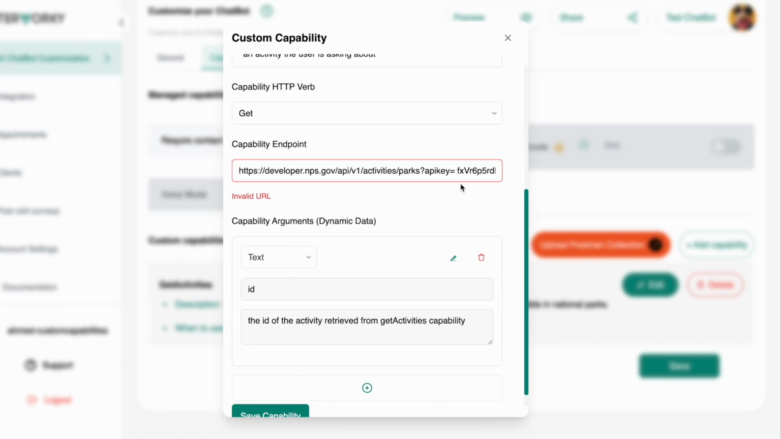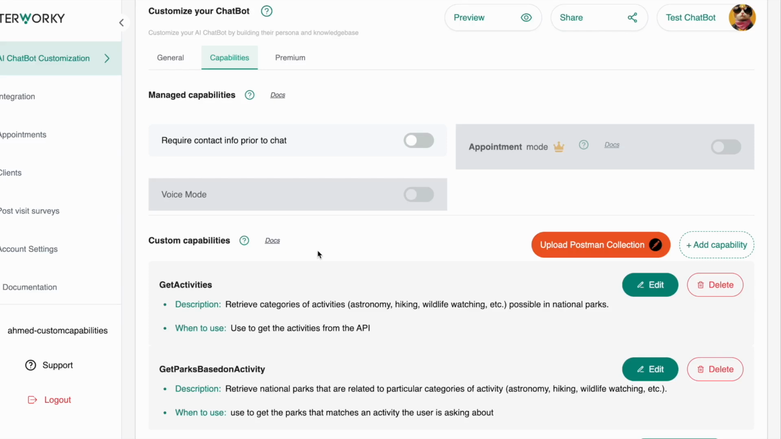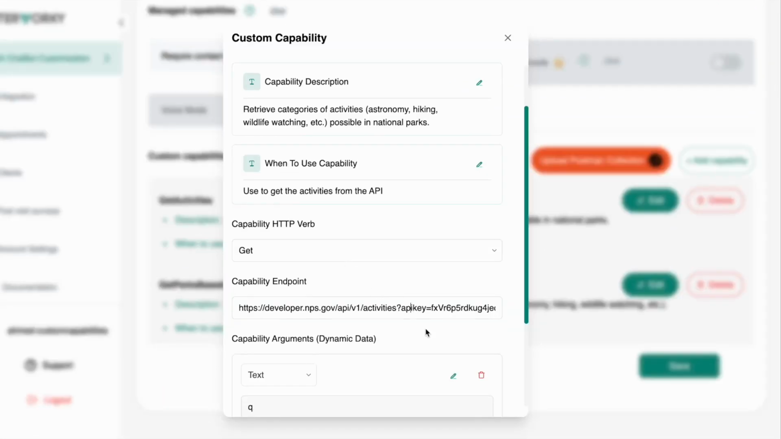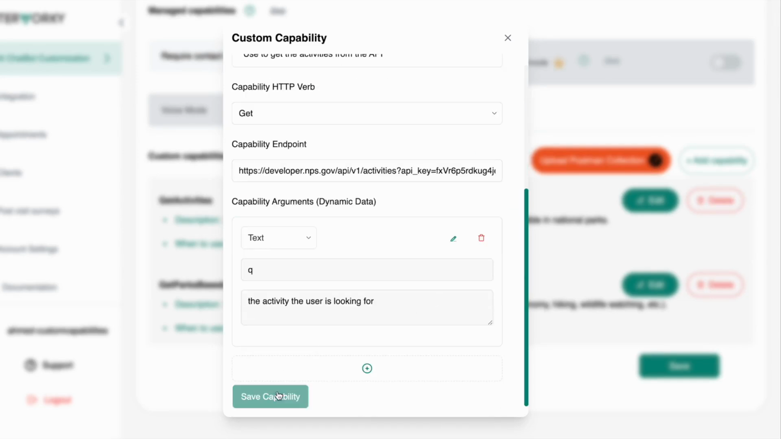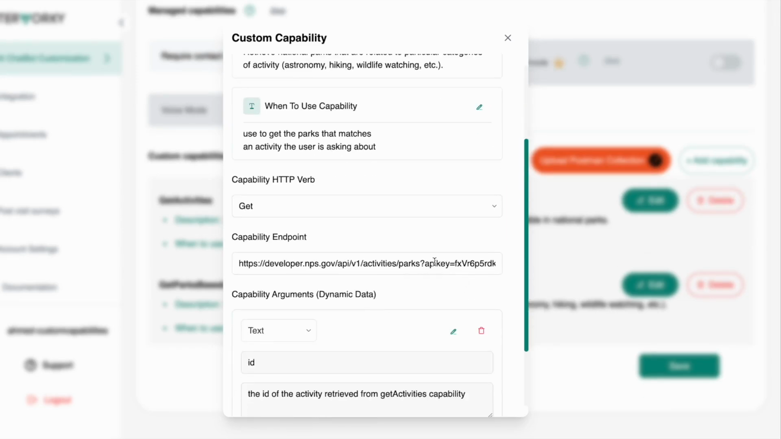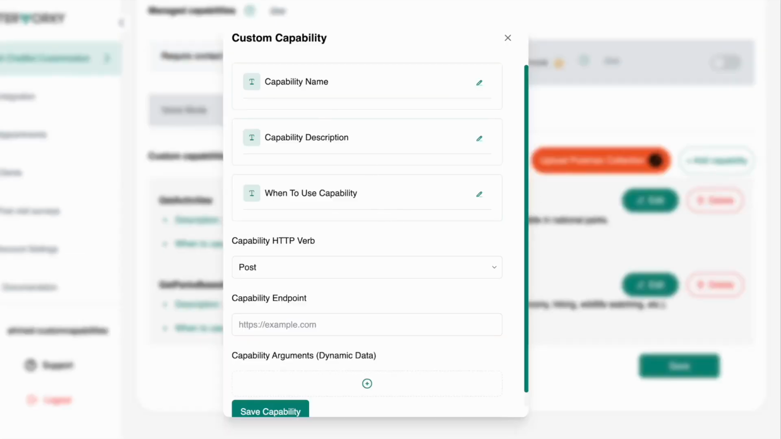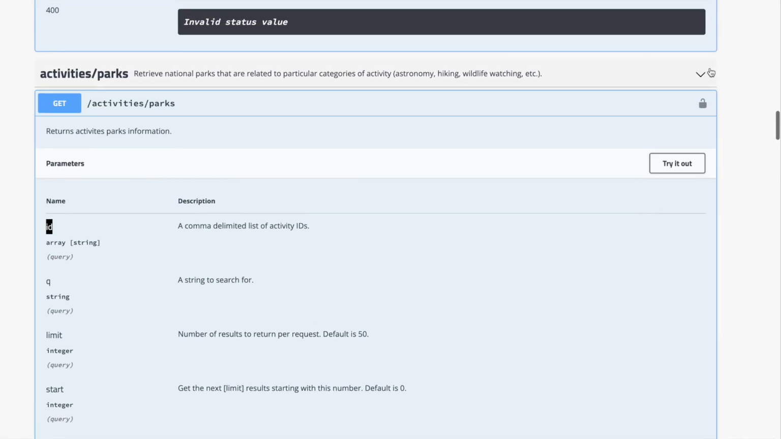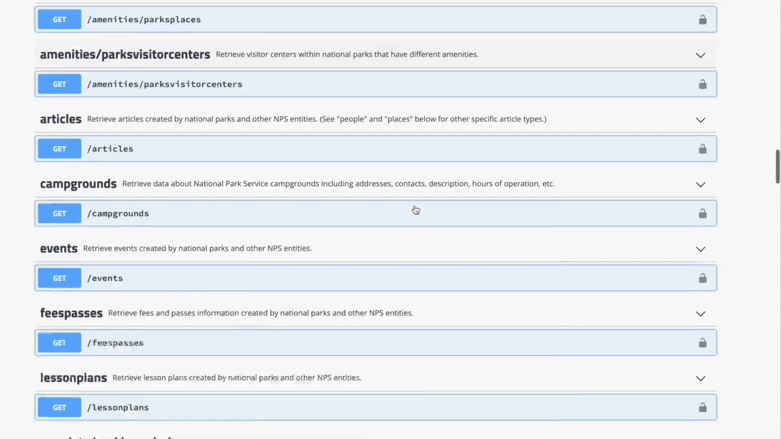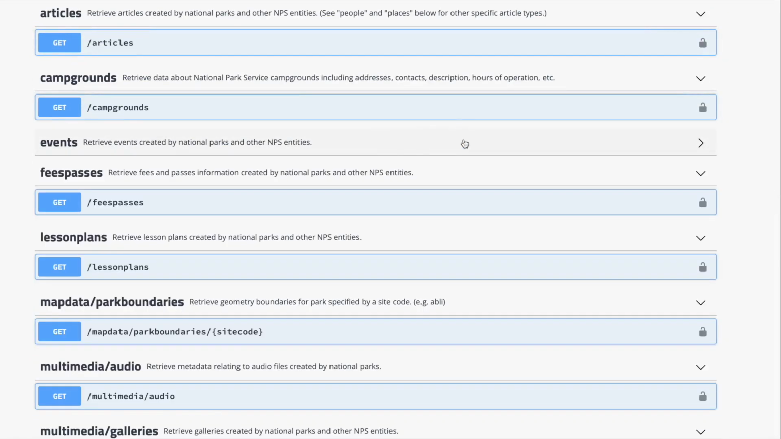Looks like there is a space here. I'll fix it. And also here I noticed that the API key needs an underscore here. So I'm gonna save, I'm gonna hit edit, and I'm gonna save. And we'll add one more capability, which is just to provide an example for live data like the